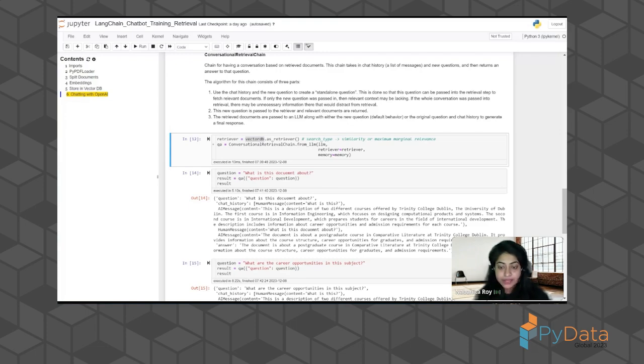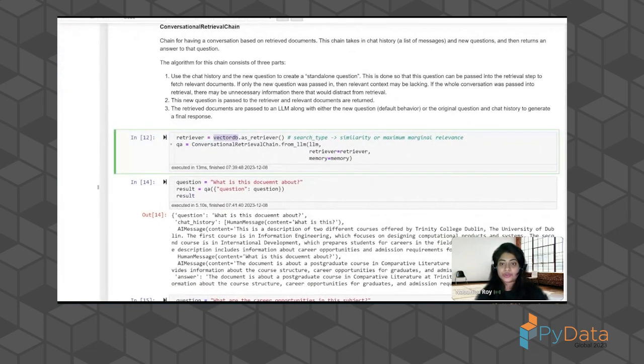you don't have to really encode all your similarity strategies. What you can do is just set the vector DB as retriever, and it's got these underlying modules which do your similarity search for you, and by default it does a basic similarity search.